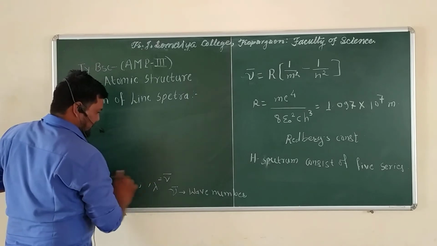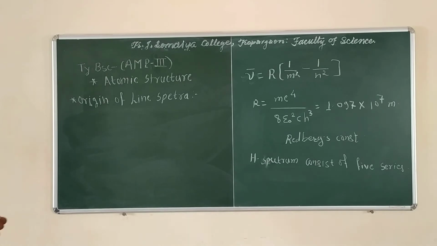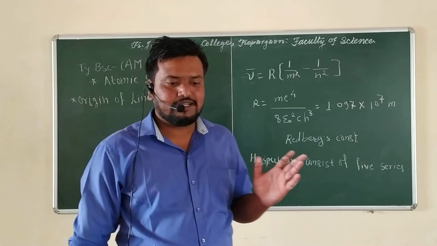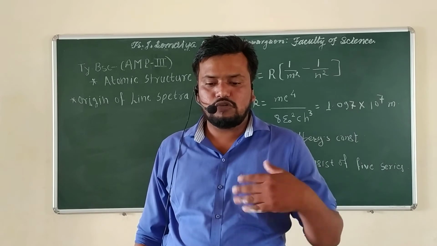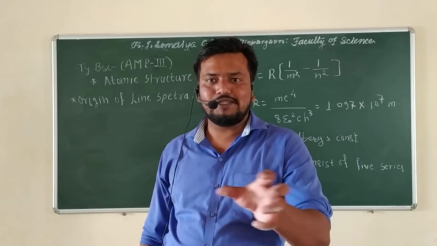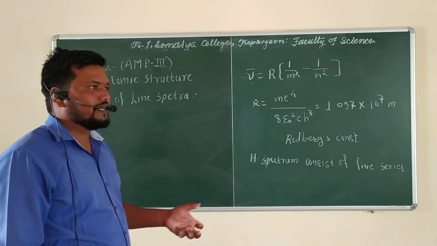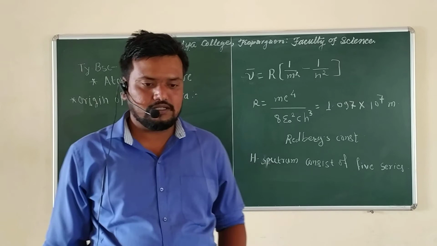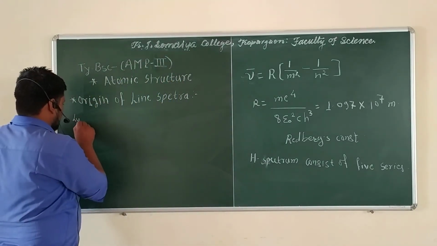In this series, there is a transition of electrons from the higher energy state to the lower energy state, with a fixed value of the higher energy orbit, the initial orbit, that is n, and the final lower orbit, that is m. So on the basis of the values of n and m, all these series depend, and finally we will get the fine structure of the hydrogen spectrum shown in the figure. So first we see the Lyman series of the hydrogen atom.